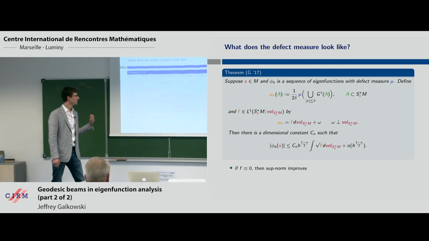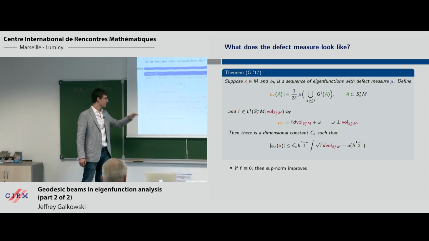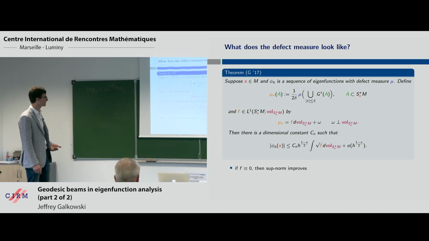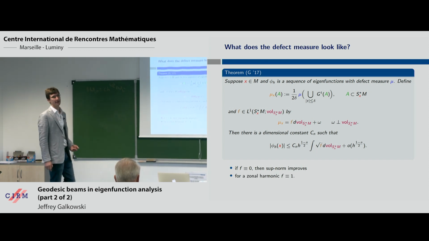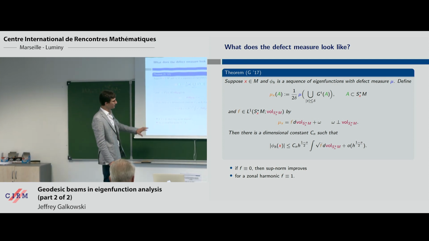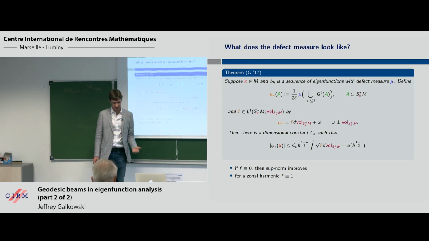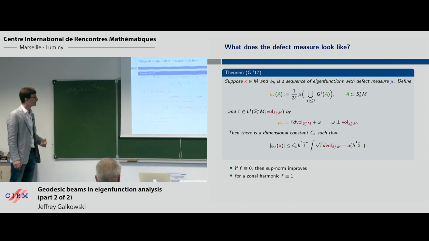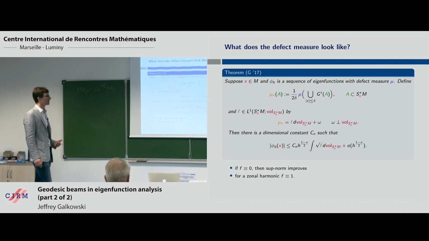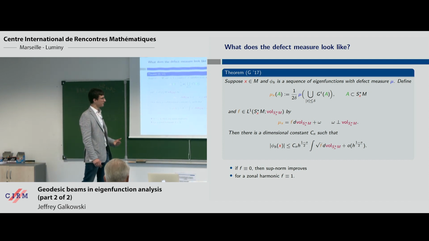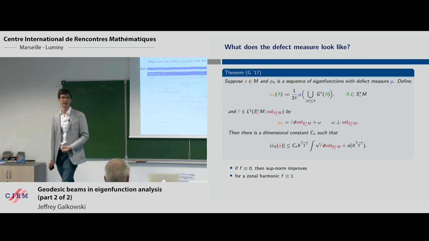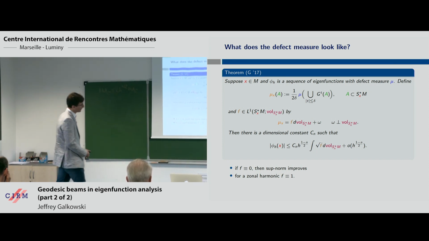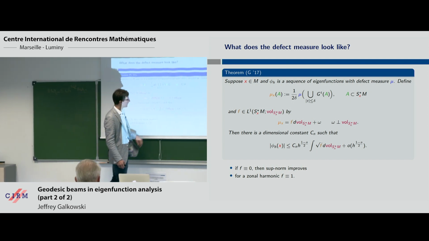And again, I remind you, a couple of things. If this f is 0, of course, you have sup norm improvement, you have little o improvement. And the zonal harmonic has f identically 1, right? So this is really showing you that in a certain sense, your eigenfunction needs to look like a zonal harmonic. And this statement alone can be used to recover all of the little o improvements that are available for sup norms. And the reason is that this square root of f dvol